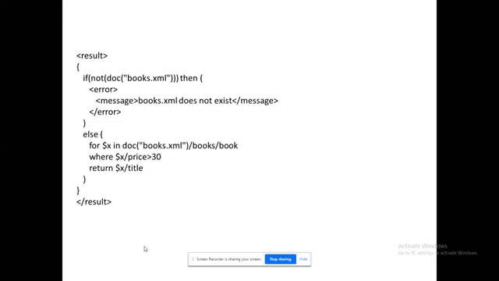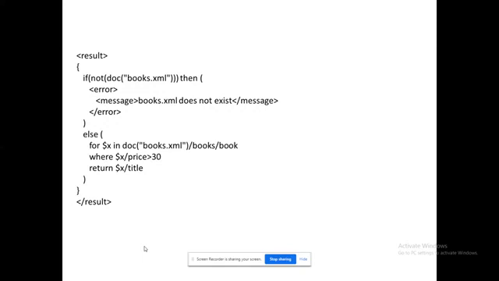Okay, so in this program we can even use if. If is also available for XQuery. This can be used directly in the program if the file is not available, because you can do this type of exception handling in XQuery itself. Instead of writing it in Java, you can write it in XML itself.